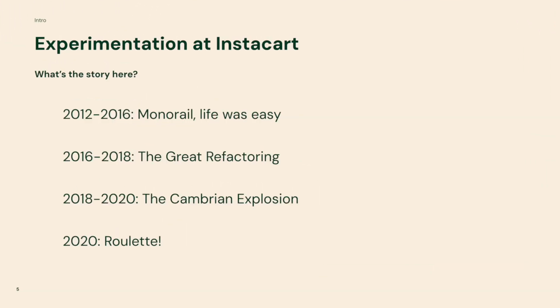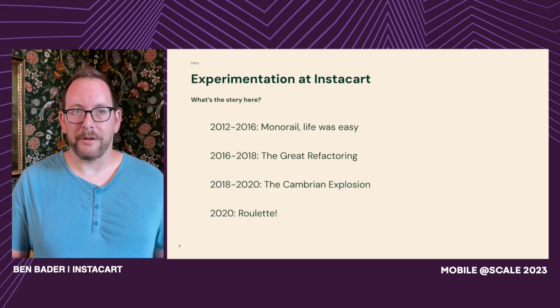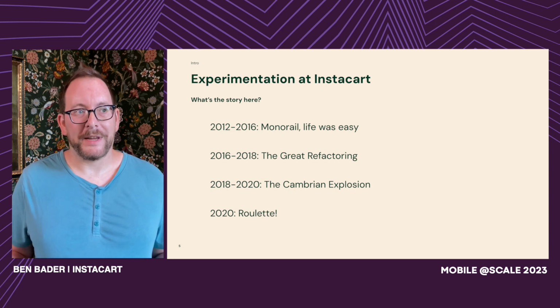So how do we get here? Well, how did we arrive at this place where we needed to build the system that I'm talking about? In the beginning, in 2012, as most companies at the time did, we had a single Rails app with a single Postgres database on Heroku. We had a rudimentary experimentation system built on an open source library called Flipper, and honestly, it worked really well until around 2016. Around then, we'd outgrown Heroku, moved to AWS, and our monolithic code base became too unwieldy to